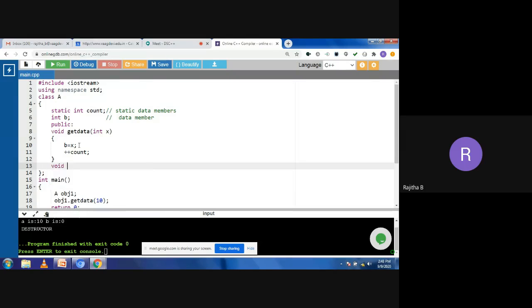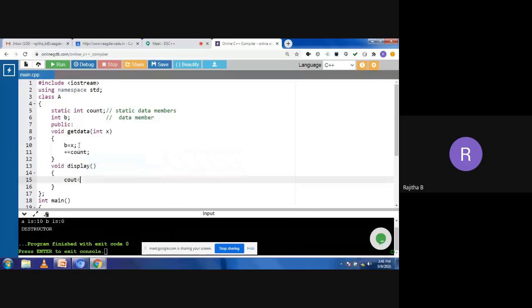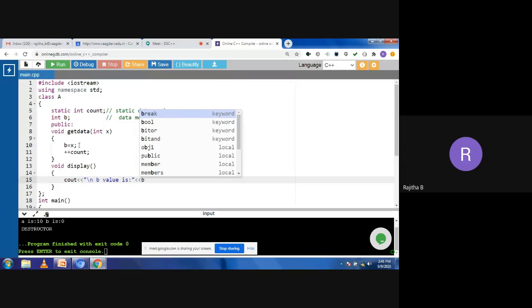Now I want to display the values also. That is void display. I need to print both data members' values, that is the count value as well as the b value. Now you can write here cout b value is, and I'm taking the b here.